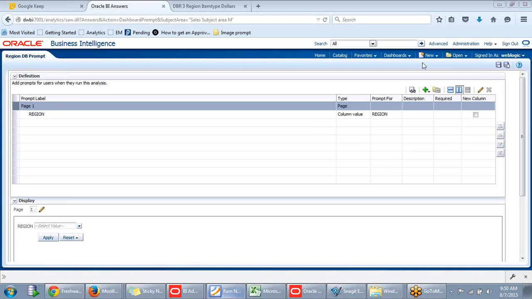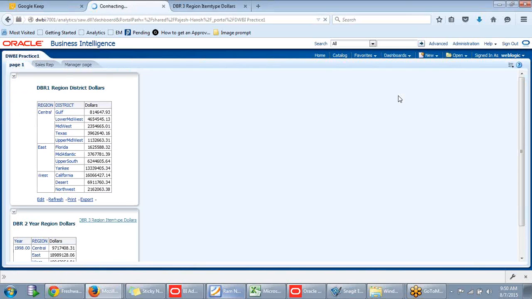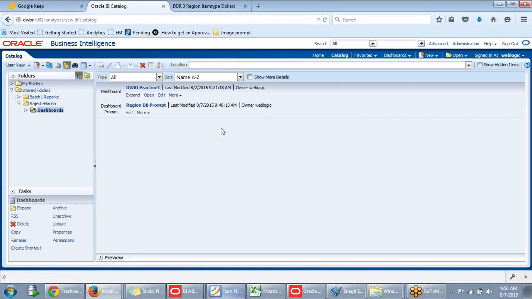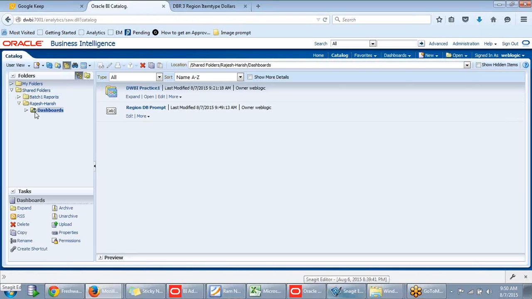That edit analysis is nothing but this. Here each and every report will be available in the catalog, right? But while we are working in real time, we will have a large set of reports available in each and every folder, and we will make use of those reports in our respective dashboards depending upon our requirements. If you want to edit only some particular report in a dashboard, instead of coming here into the catalog and searching all the reports,